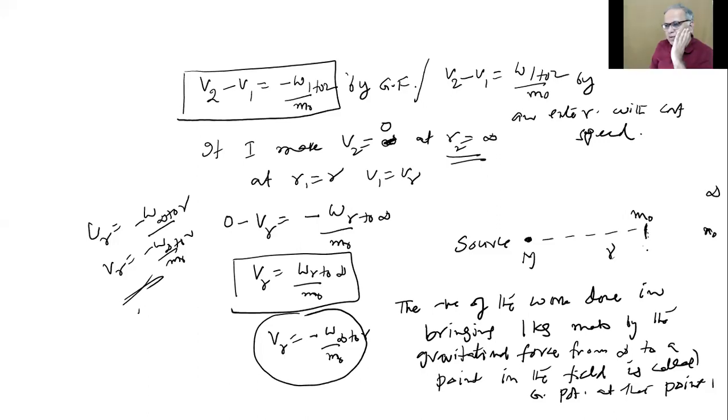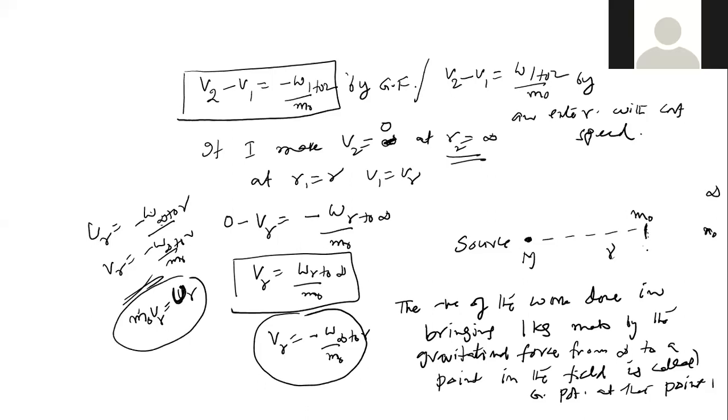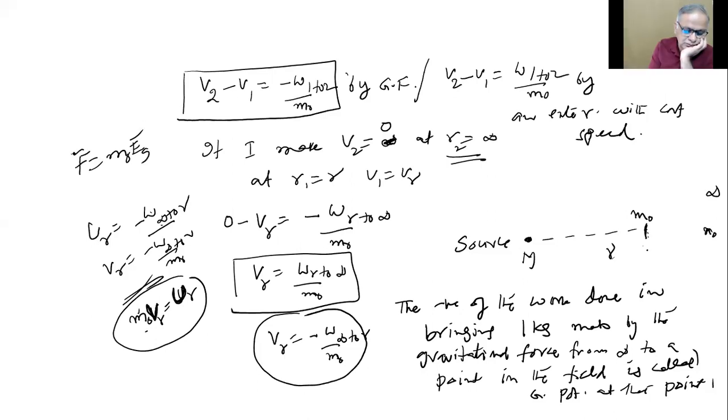So like we found out gravitational field strength of many objects, now we'll find out the gravitational potential of many objects and keep them ready for us so that we get the potential energy. How do you get the potential energy? Look at this. UR equals minus W infinity to R, no? So m naught into V at R equals what? Minus W infinity to R, which is nothing but UR. So potential energy will be potential into mass placed. Similarly, force is mass placed into gravitational field strength. There is so much similarity.